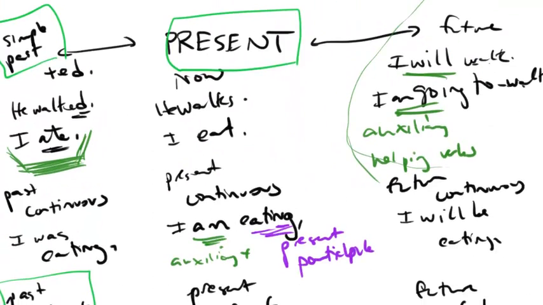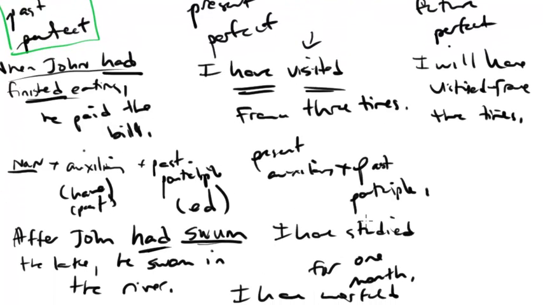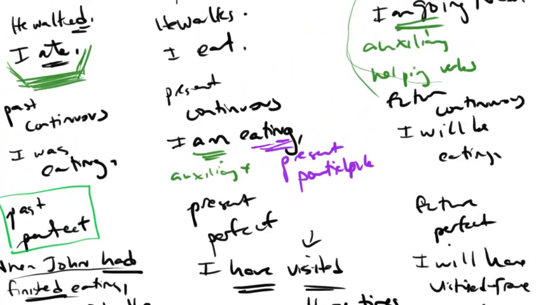All right, so we've done 3, 6, 9. There's one more, and I'm not going to write it out because it's just way beyond what we need. And that is the past perfect continuous, present perfect continuous, and future perfect continuous. Present perfect continuous would be something like, I have been walking for 3 years, right? I have been walking. Past perfect would be something like, I had been walking for 3 years. Future perfect continuous would be, I will have been walking for 3 years, okay? So it's basically adding both the continuous and the perfect sense to the tense, and those are the last 3